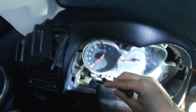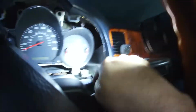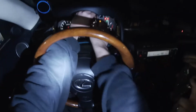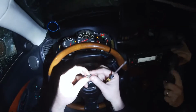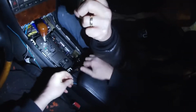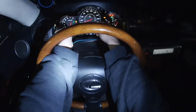Got one hiding down there and one this spot. So we'll get those 4 out. And the worst part about this is not dropping it. So you're gonna have to stick your fingers in there and make sure you can catch it. And it's just little wood screw looking things like this to hold the plastic in. So after you got all 4 out,